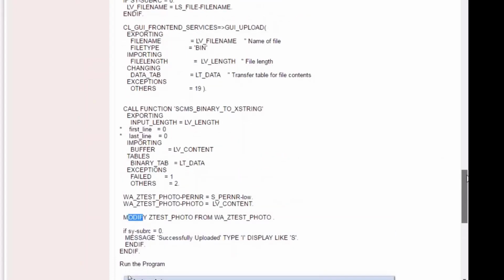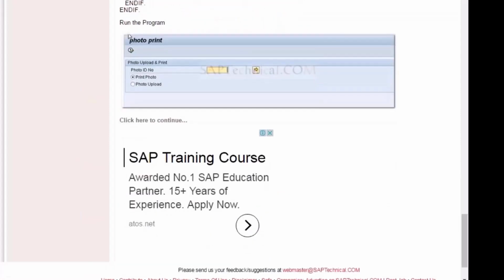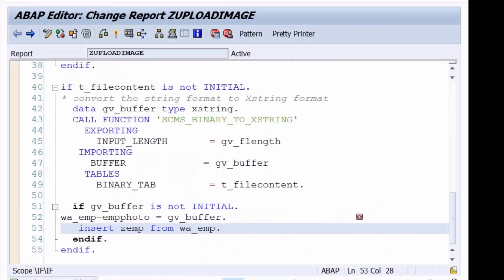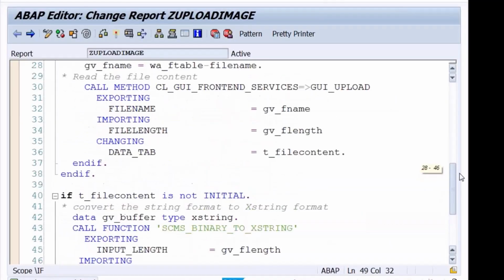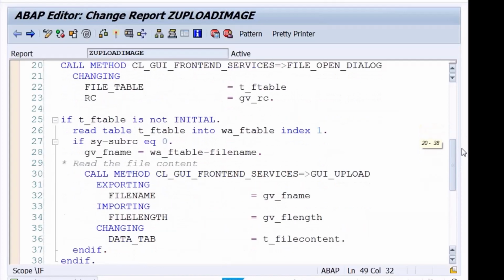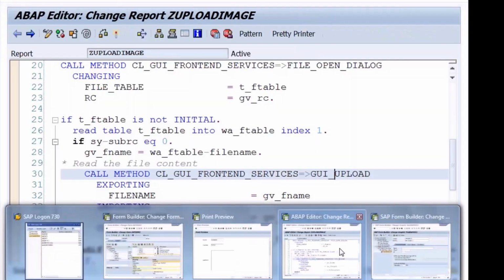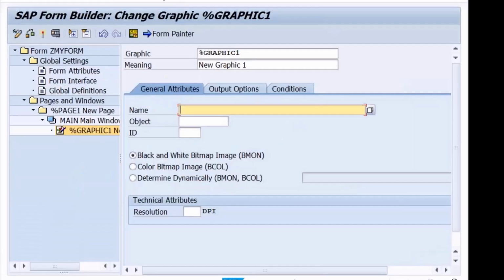Doesn't matter, na? One second. Let me go to this class once. Last attempt, otherwise we'll discuss tomorrow.